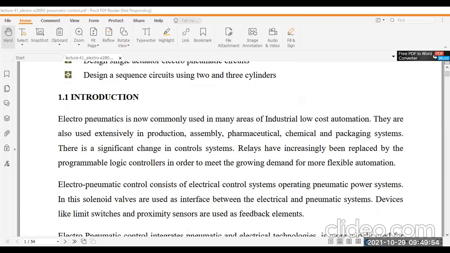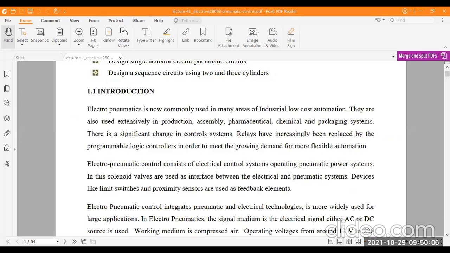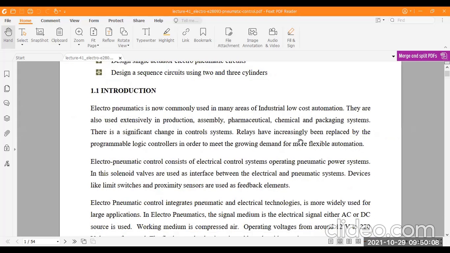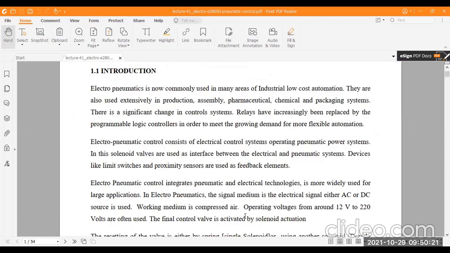This pneumatic controller is used in different types of process industries. That means you use it in automobile industries, chemical plants, food and beverage packaging systems, and pharmaceutical industries where medicine is produced. It is also used in production units or assembly units of a process control plant.